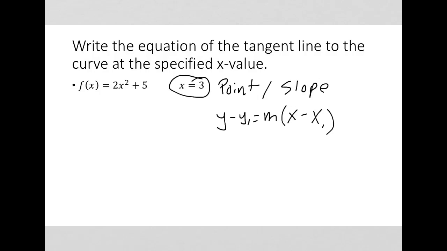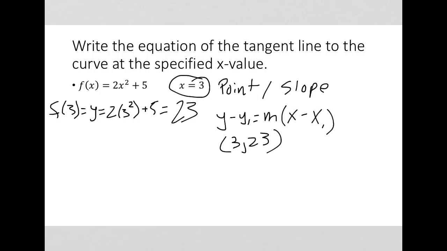So, in order to find the point, think about the fact that we know the x value of the point. So to find the corresponding y value, we need to plug that point into our function. So f of 3 will equal y, which is going to be 2 times 3 squared plus 5. 3 squared is 9, times 2 is 18, plus 5 is 23. So that tells me I have the point 3,